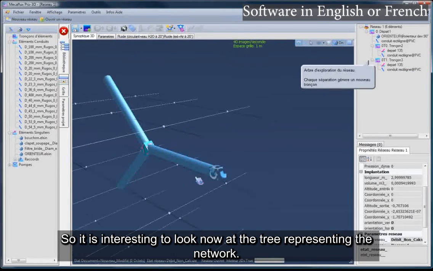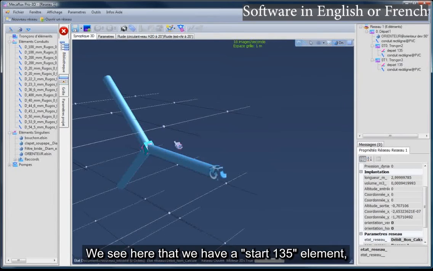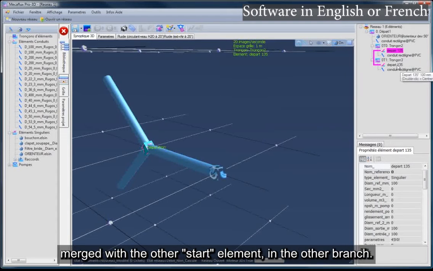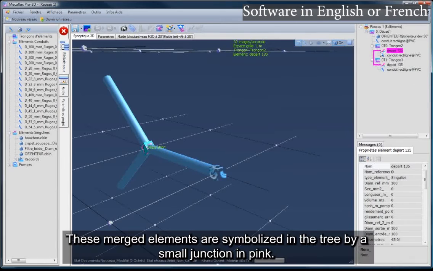So it is interesting to look now at the tree representing the network. We see here that we have a start 135 element merged with the other start element in the other branch. These merged elements are symbolized in the tree by a small junction in pink.